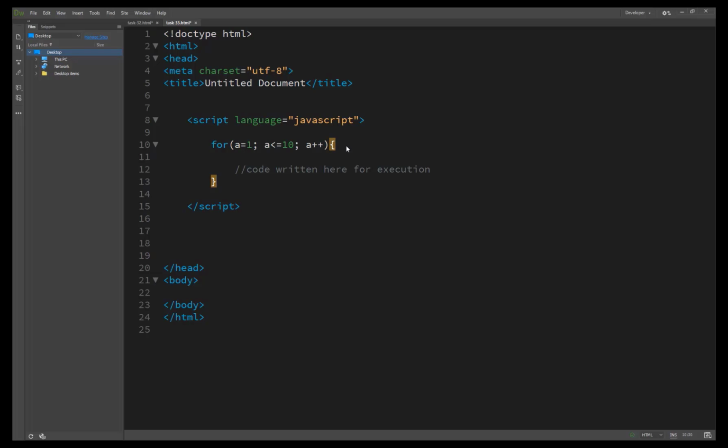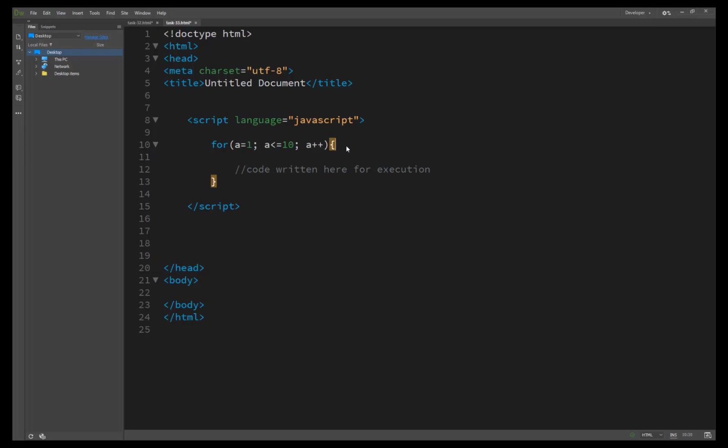Typically for loops use an index variable to count, and on each iteration of the loop the index variable's value changes. It is usually incremented until the index variable reaches some limit value.